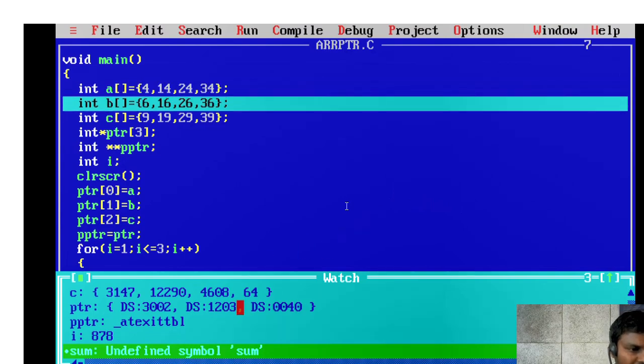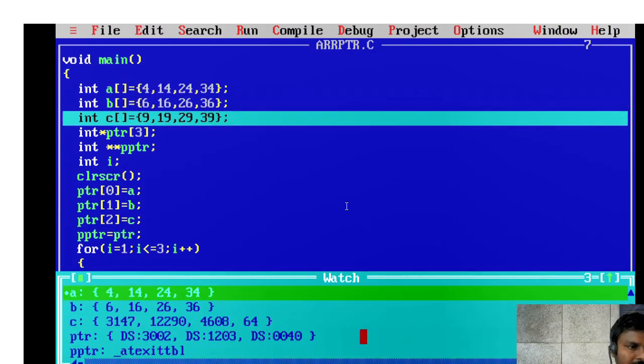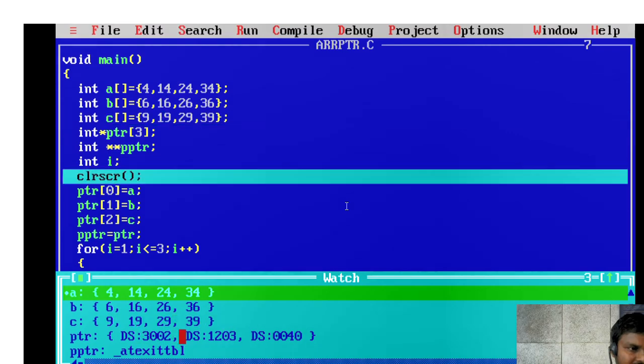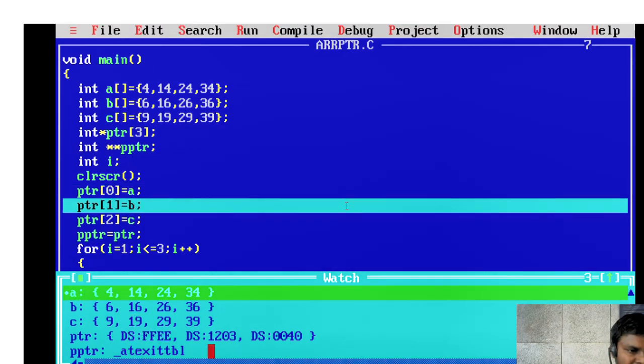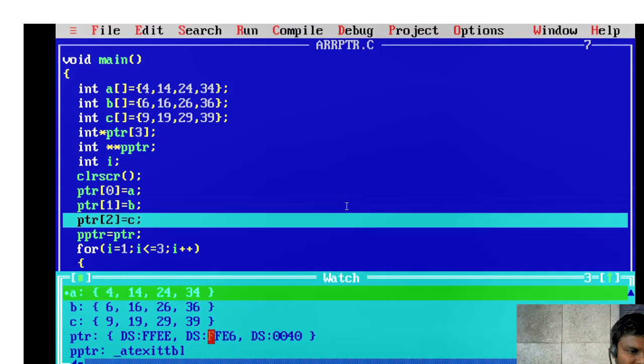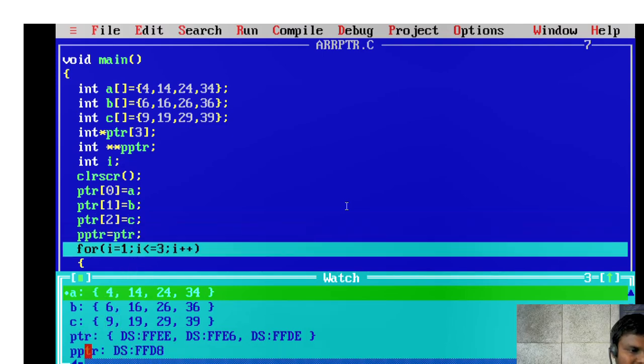So starting value is A, B, C, memory is allocated, A, B, C, PTR, starting address. A address is stored in PTR of 0, this one is B value, B address is stored in PTR of 1, C address is stored in PTR of 2. Next PPTR is equal to PTR, this base address is stored in PPTR. I is equal to